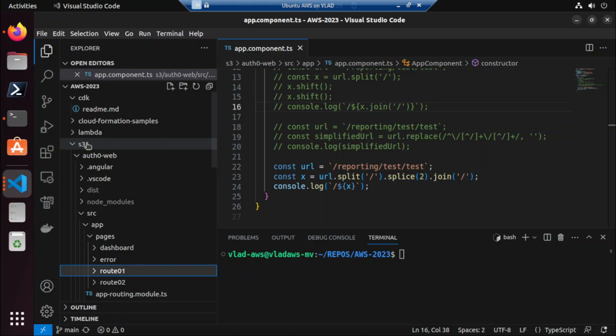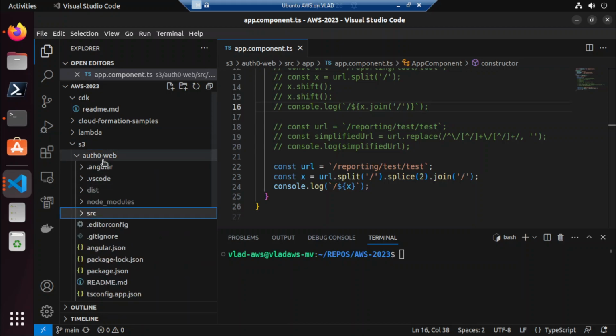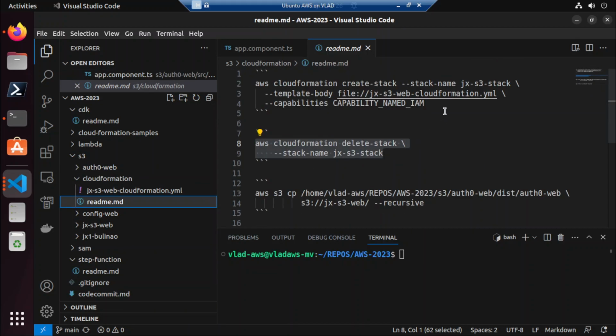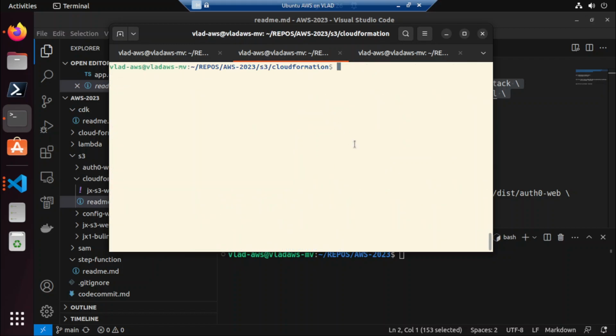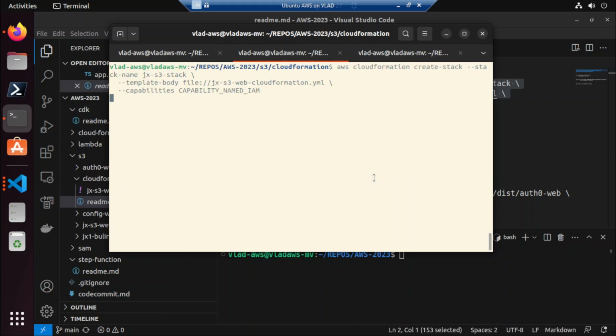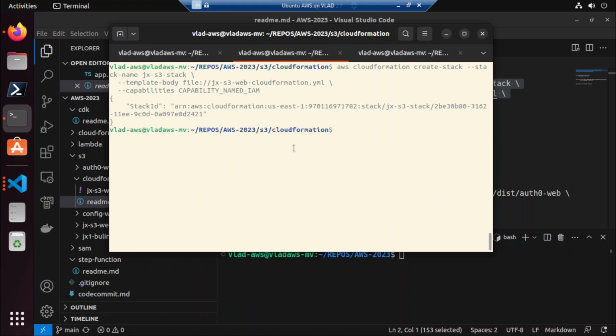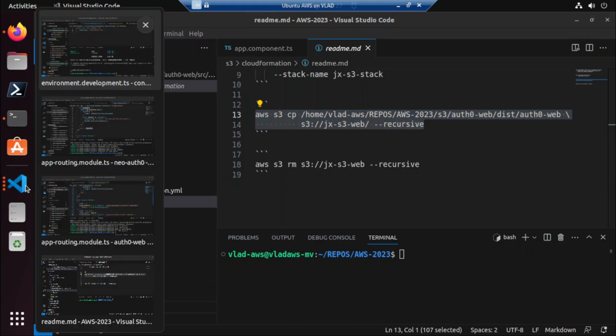Alright, so to begin, we are going to find our CloudFormation scripts or CLI command, right? So let's find our CloudFormation. This one here is our CloudFormation directory, and this is going to create a CloudFormation stack, which is going to create an S3 bucket, and then this script here is going to upload our